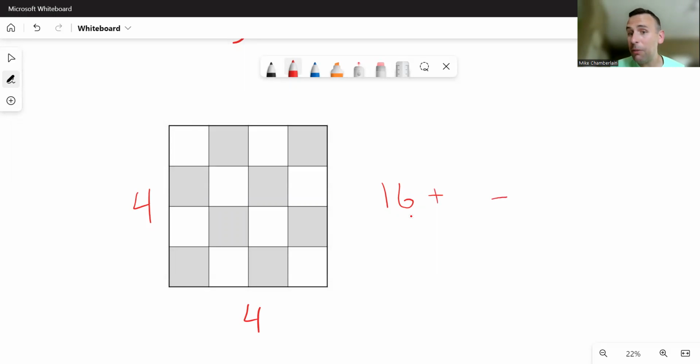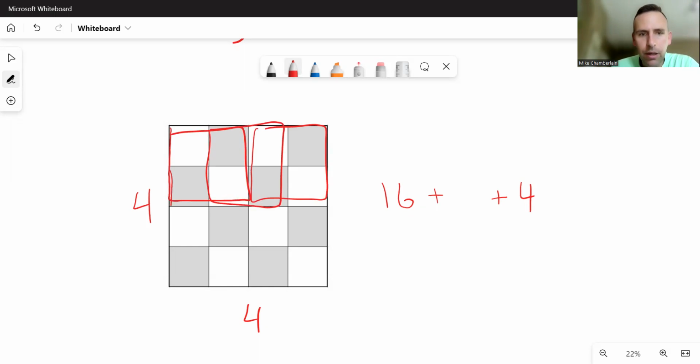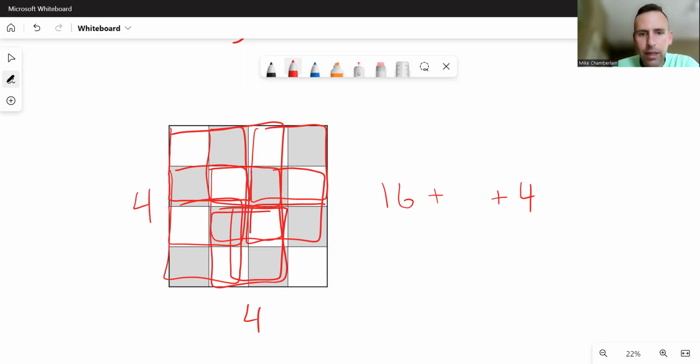I just realized I skipped one. All right, I skipped the 2 by 2. Let's go back and do the 2 by 2. 1, 2, 3, 4, 5, 6, 7, 8. That was kind of bad drawing on that one. 8 and 9. There's 9 of those. And then lastly, you have 1